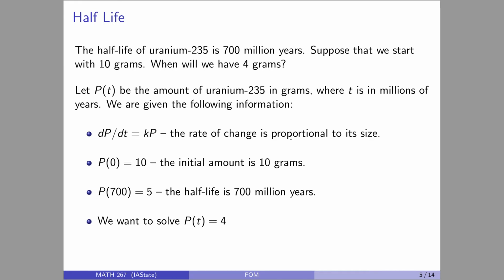But before I even jump into that, we want to note something. It's got to be true that T is strictly greater than 700, right? This is decaying. So at 700 I have 5. Well, 4 is before 5, so as this decays away, we hit 5 first, so we should hit 4 later. So if I go ahead and solve it and I get a time that is less than 700, I